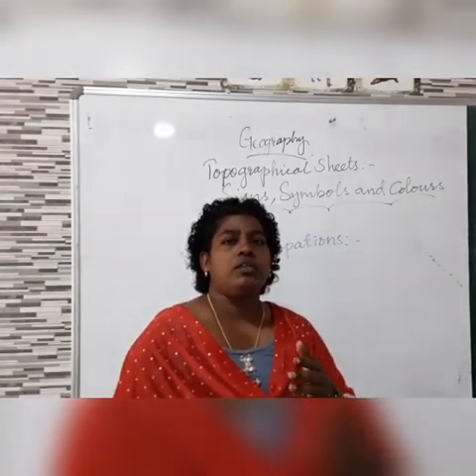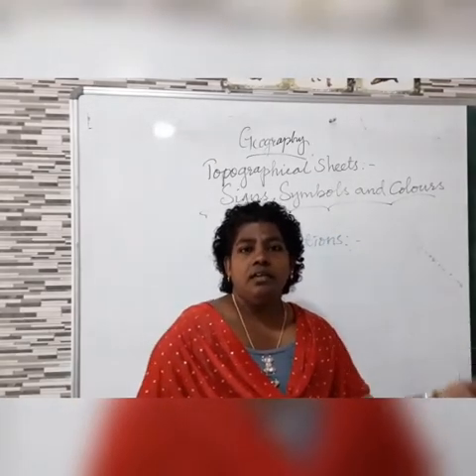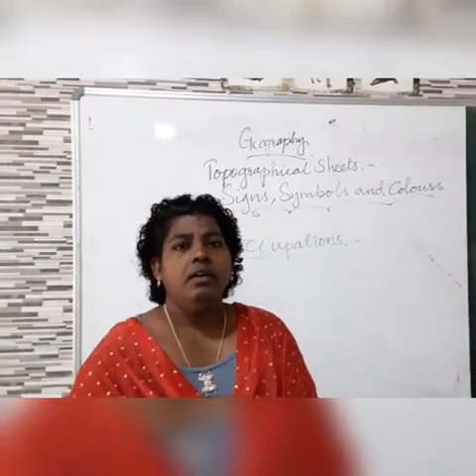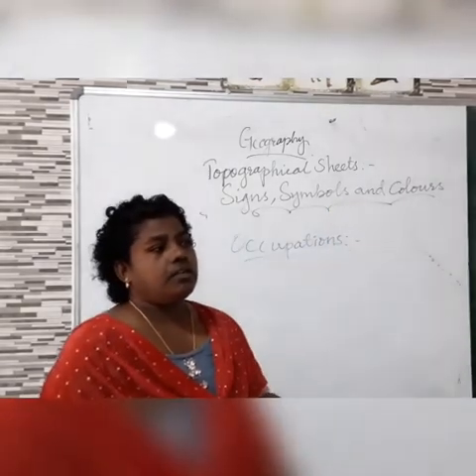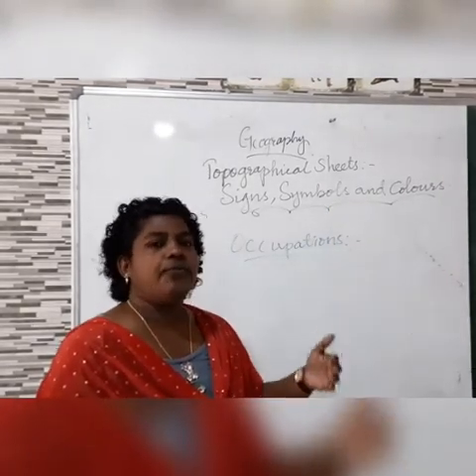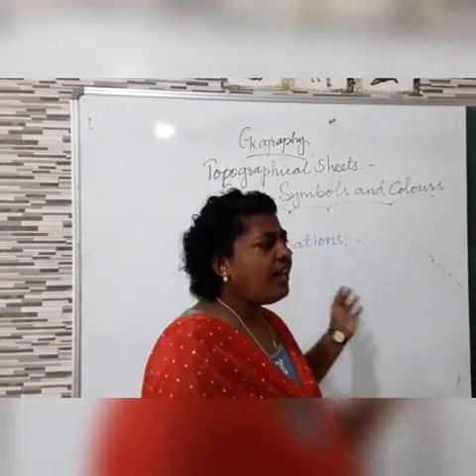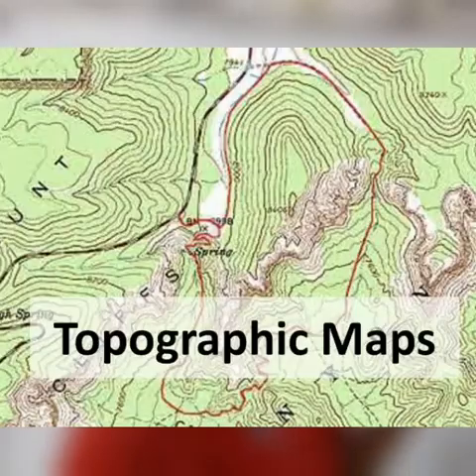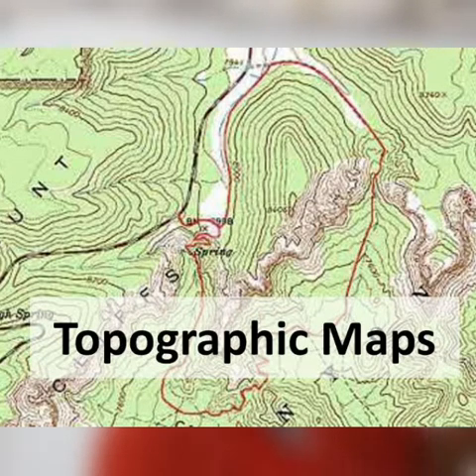Transportation is also used based on the landscape. In a hilly area, different types of transport will be used, and in the flat area, different types of transport will be used. On the slope of the mountain, different transportation facilities will be there, isn't it? And land use, how will it be indicated? How do you identify how the land is used in the topo sheet, what type of land is there?